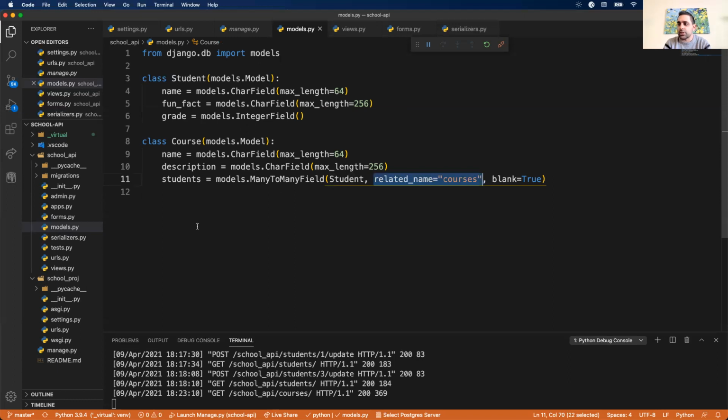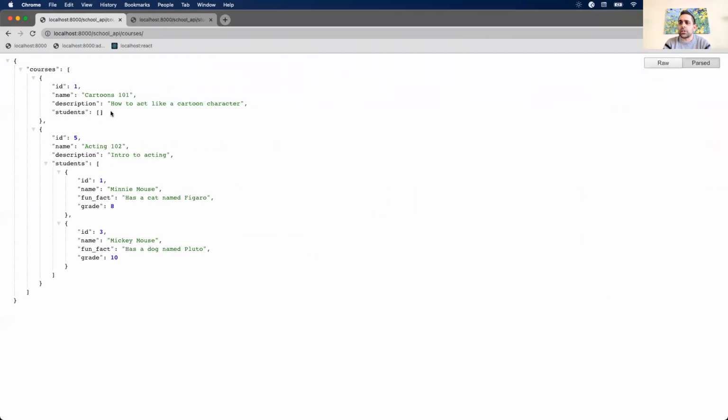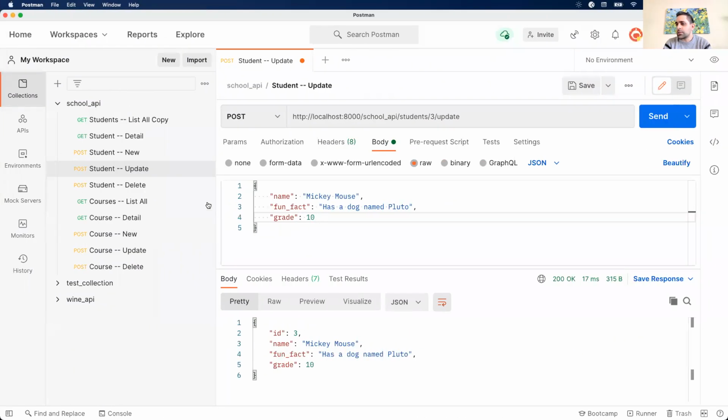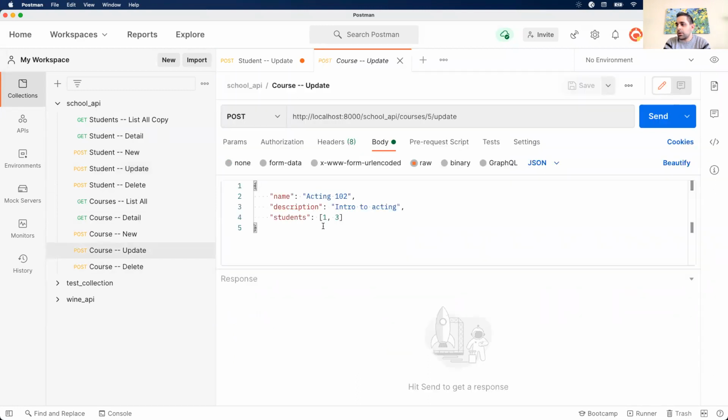So to see this, let's actually make some updates. Let's actually enroll Minnie Mouse into Cartoons 101. Mickey can only be enrolled in Acting 102. So I'm going to go back to my Postman. I've updated the names of my requests so I could better organize them. So I want to go to course, let's go to course update. We want to update course 1, which is